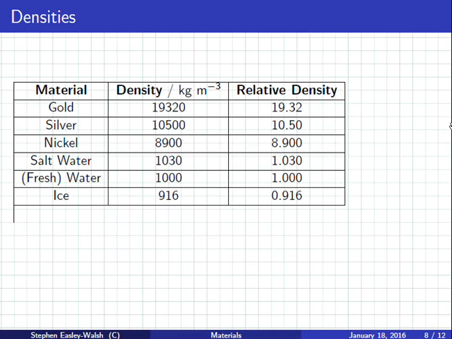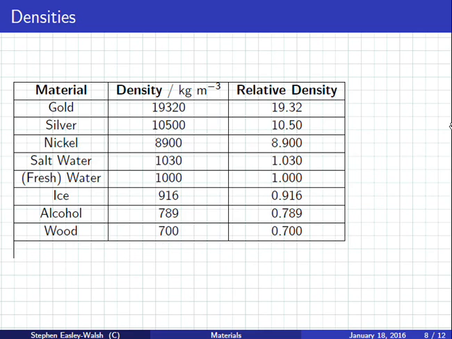So this gives us our next idea, which we call relative density. Relative density is how dense the material is compared to water. So relative density, S, is a measure of the density of an object, but compared to water. The relative density is the density of the object divided by the density of water. So, if gold is 19,000 and water is 1,000, then the relative density is 19. 19 times bigger. There are no dimensions in this, which is a nice thing.